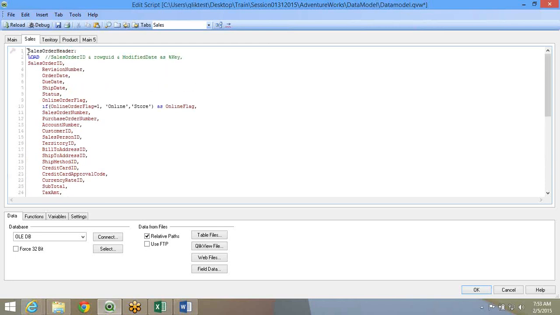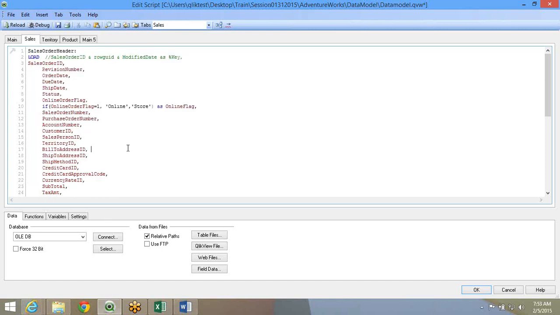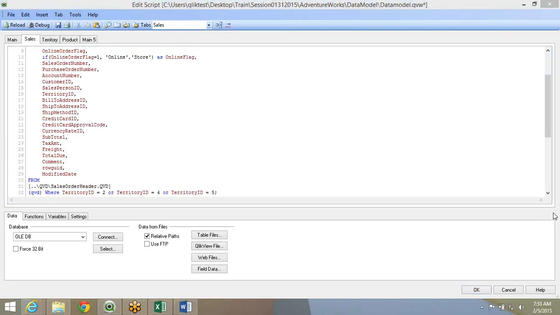Mark asked the question whether we have to reload every time. Yes, we'll have to reload every time in the QVW file when you're reading it from the QVD. From the database, like I said, you can build an intermediate incremental load at the QVD stage, but at the QVW you'll have to do the full reload.